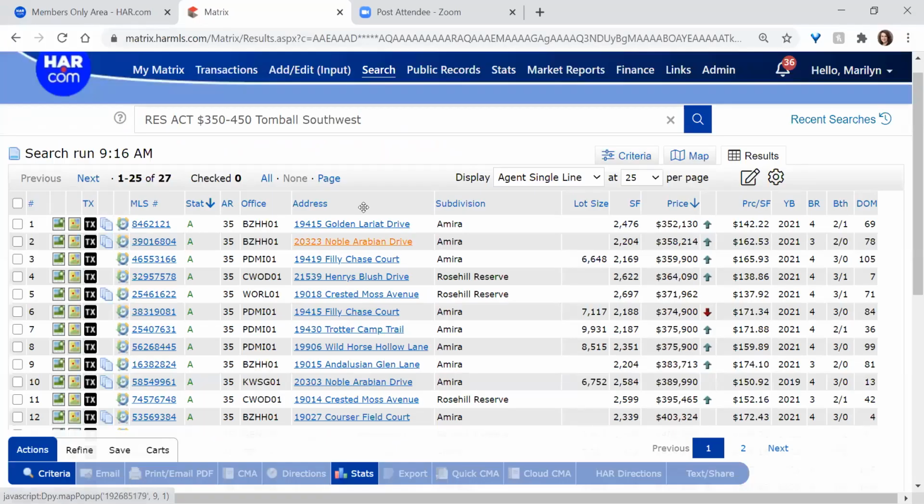Back at the results screen, let's say this is a search I'm going to run very frequently. And I don't always want to have to write out res act 350 to 450 Tomball Southwest. I just want to save it. If you go down to the bottom to the save option,